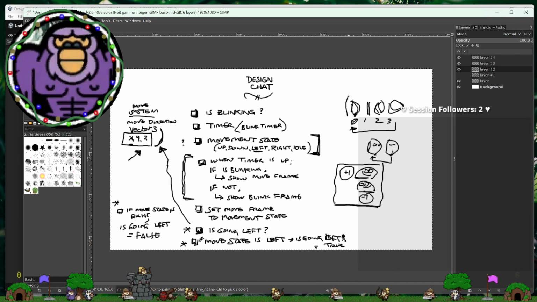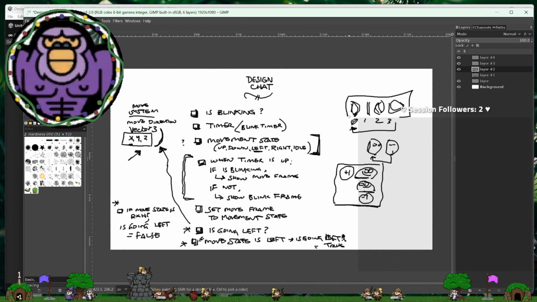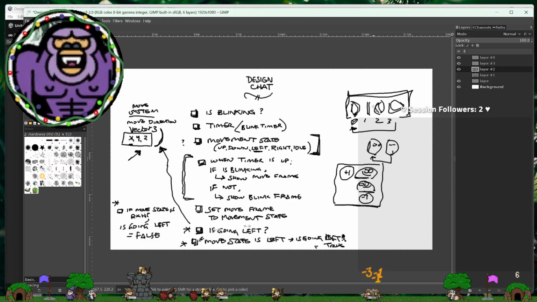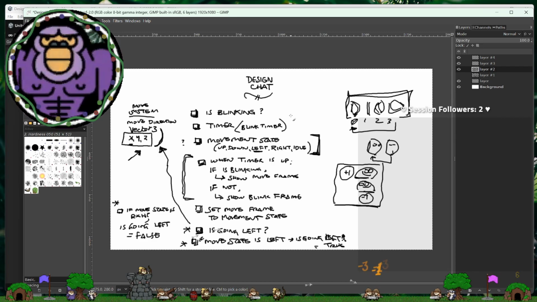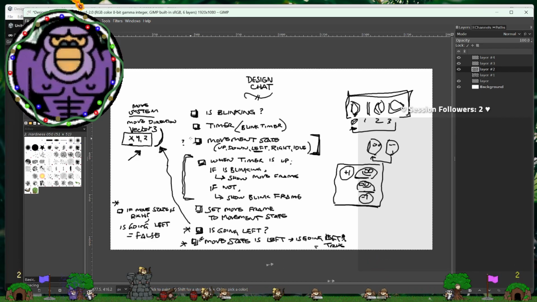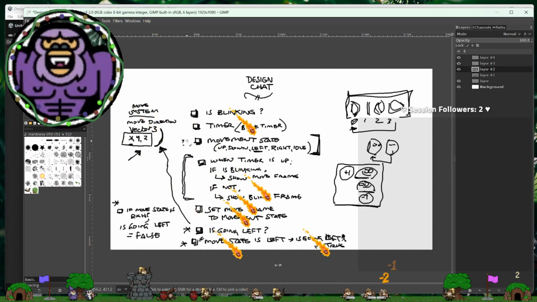You know, it's not a coin, it's a character. And this would be an idle loop, and then we have a right loop, and we could do that. If we did maintain this movement state,